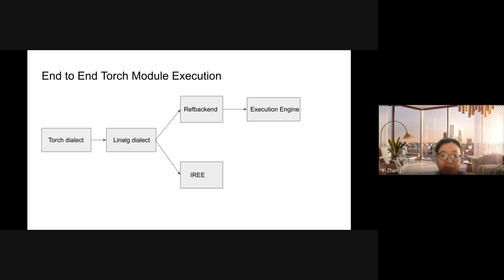Through this project, I got familiar with Linalg ops. Today I will just share what I learned from a user's perspective.